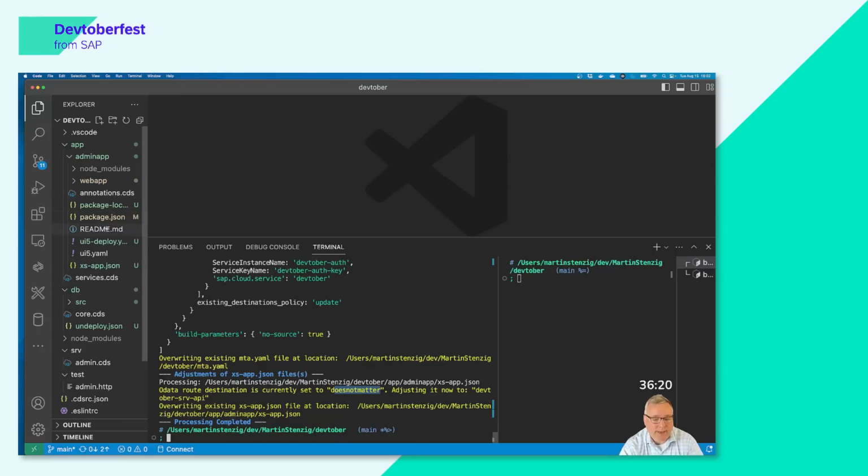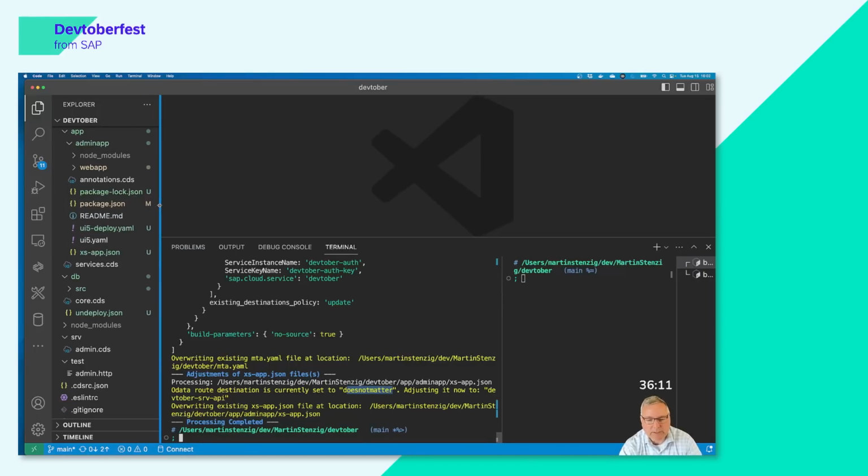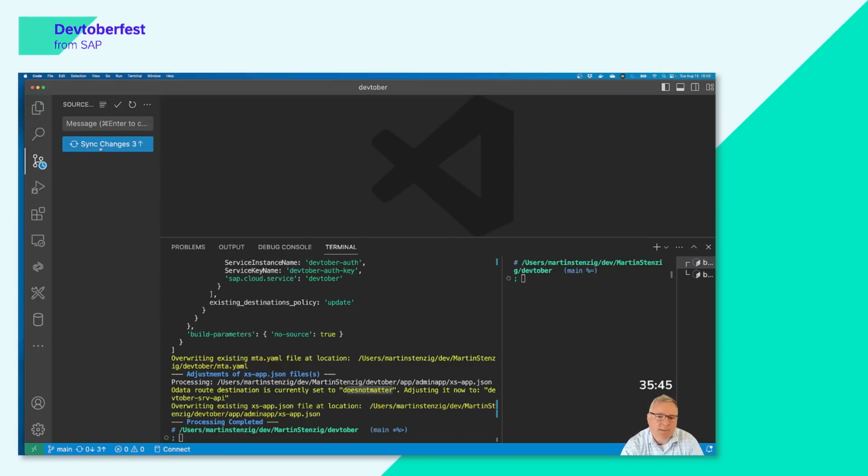Okay, so with that being done, I should now have done all the pieces in order to allow me to build and deploy this particular project into the cloud and actually run it. Now, the only piece that I have not implemented yet, which we'll do after I start the deployment here, is the SAP integration. So before I do the SAP integration, let's add those files to my BTP deploy. So I commit these files, and then I will use my secondary window here in order to kick off my